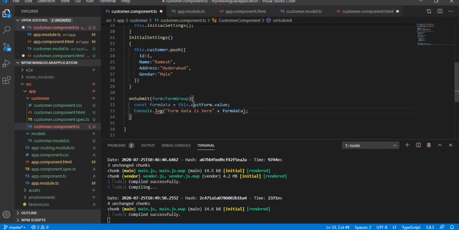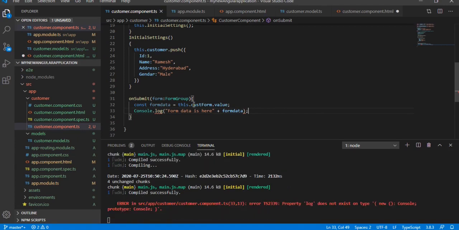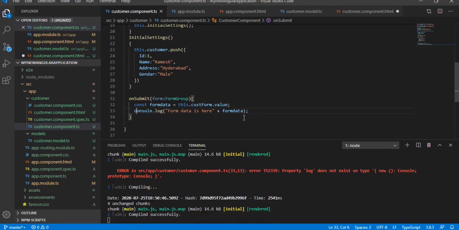Now just save it. Console, c should be small letter, not caps. So we are logging the form data.